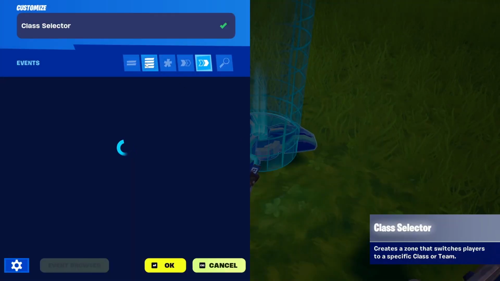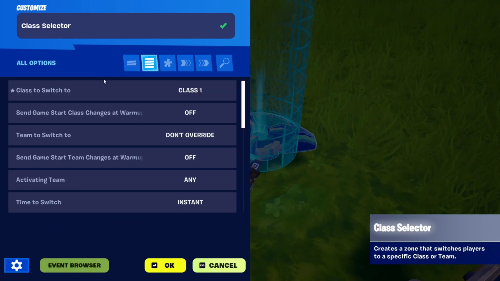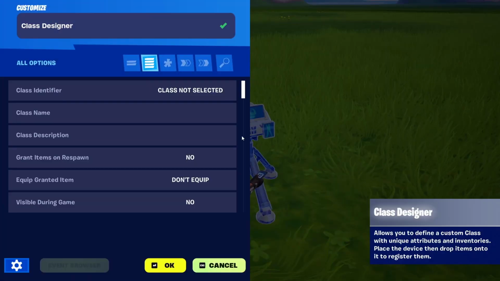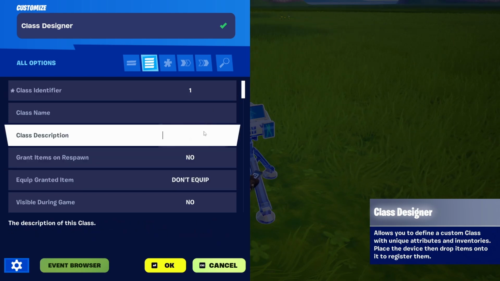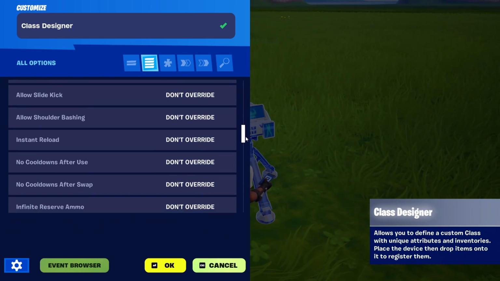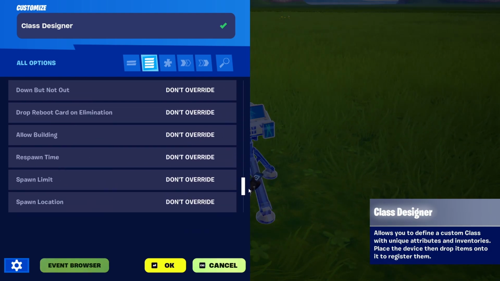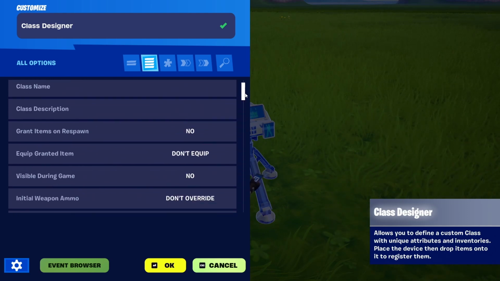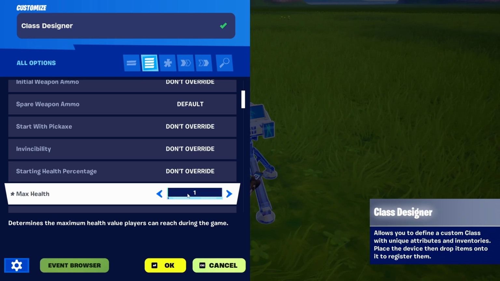In the class selector, I'm going to add switch class to class 1. And now with the class 1, I'm going to send the signal to class identifier, again class 1, and we're going to do several things. As you can see, there is a load of options here where you can give different superpowers, let's call it like that, to your players, or different abilities. But in our case, we're going to go first of all for max health, so that we see that everything is working. We're going to set it to 10,000,